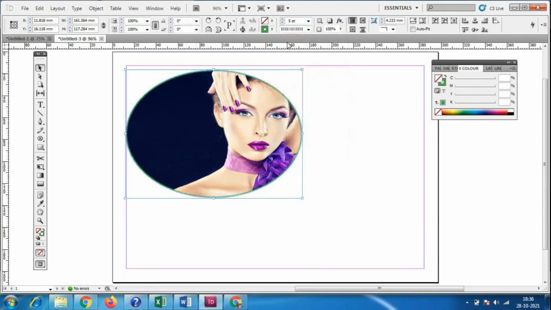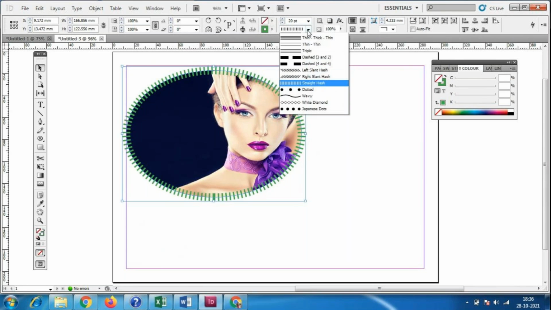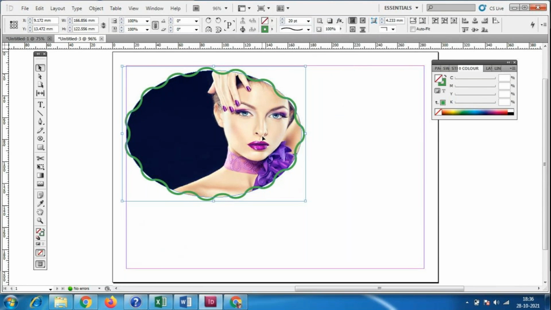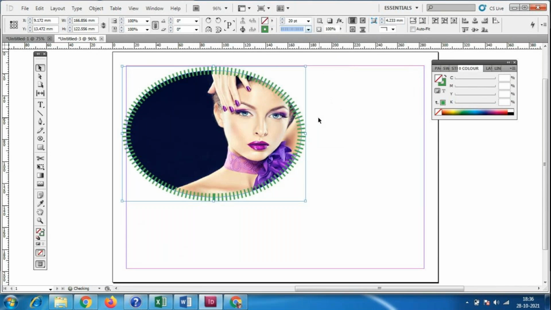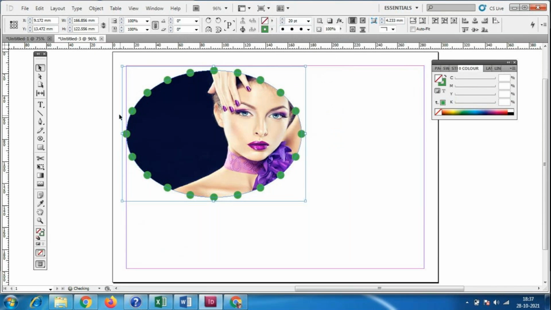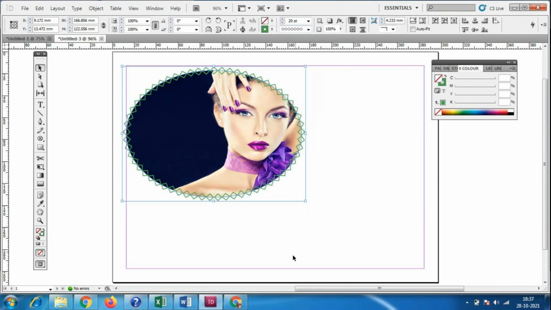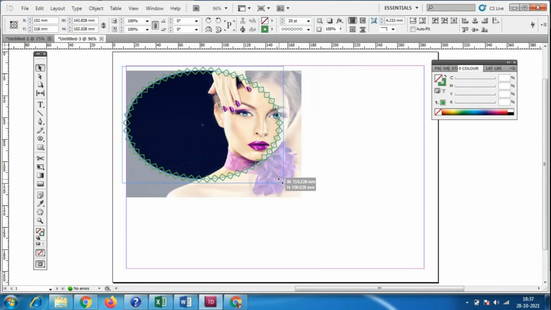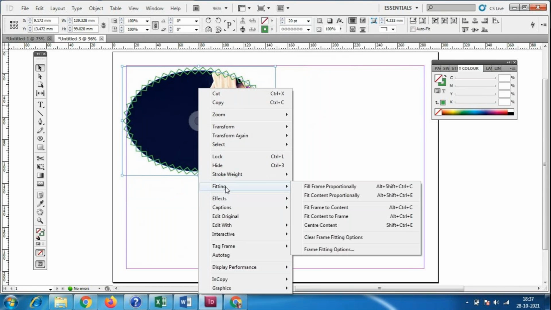Any border designs I want, some of the designs, I can give the colors. Like this I can do the designs. Like this I'm changing, right click on this, again Fit Content to Frame.